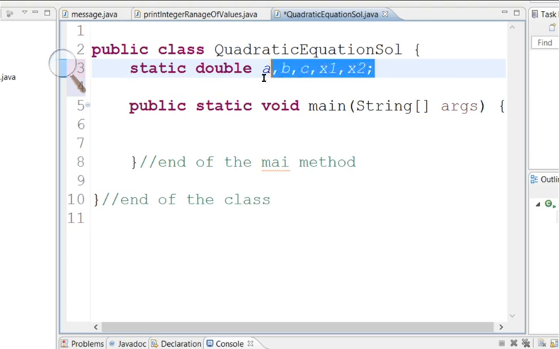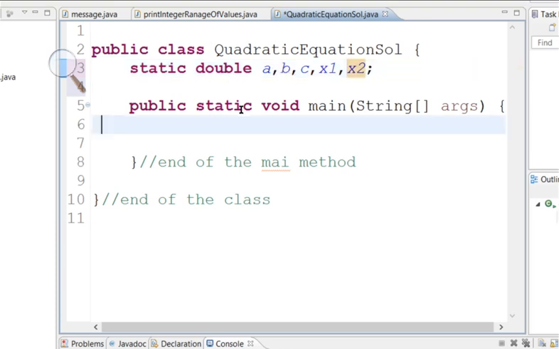So in here, we have done our definition here. But then, we've done declaration. This tells you that we declare it as static. Then we can now use it within our static method. Is it? So then we can use A, B, C, wherever. So let me also introduce static for